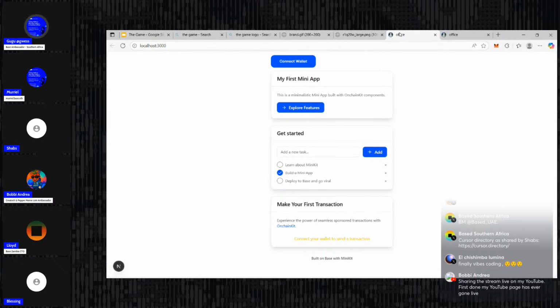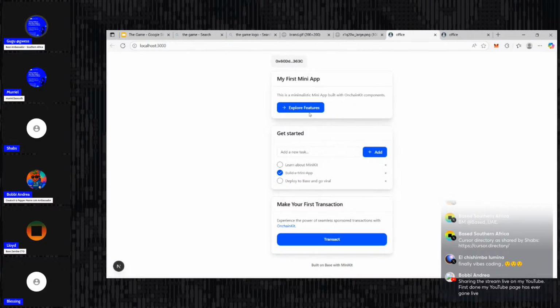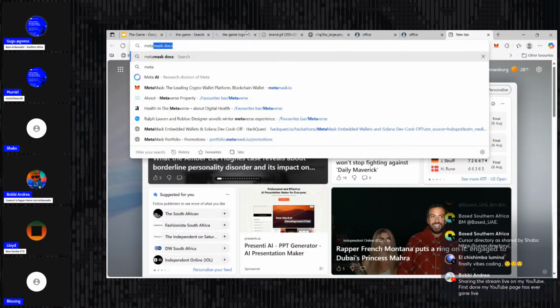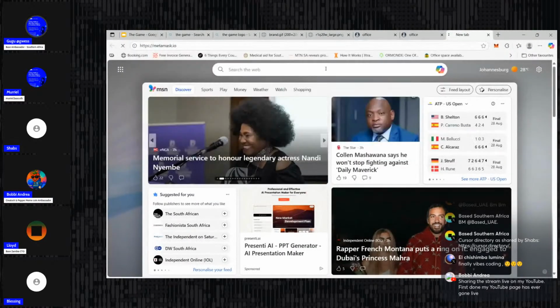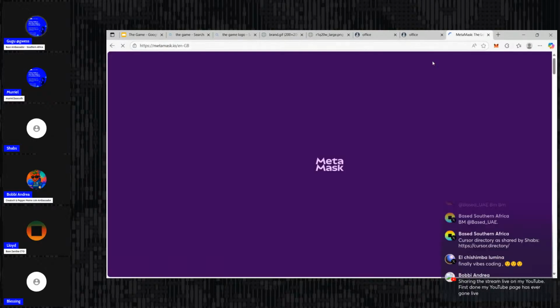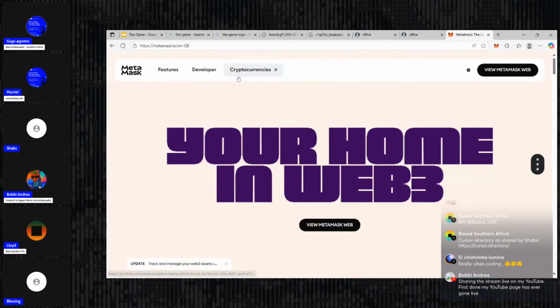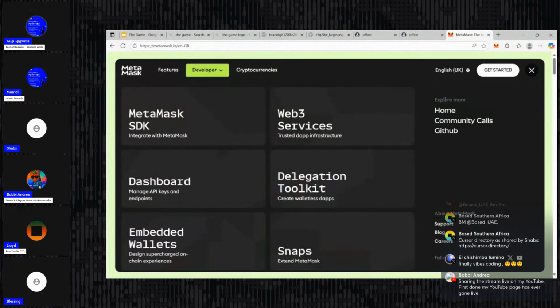So this is basically the template for a mini app, right? It shows you that you can connect a wallet. Most mini apps, you connect a wallet. I've already got a wallet installed. Some of the tools that we spoke about, I know we're skipping some steps, guys, but you need to go and set up MetaMask on your laptop. So set up MetaMask for Chrome or for Edge. I use both Chrome and Edge. You can install it as a web app basically.